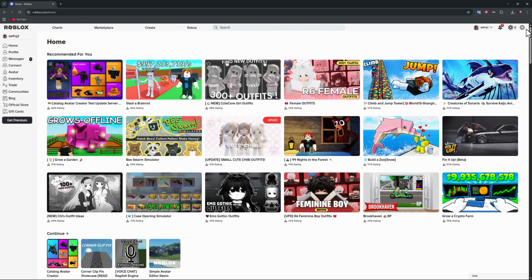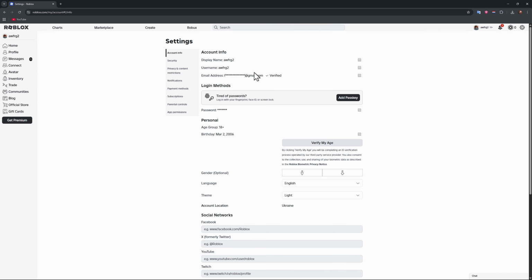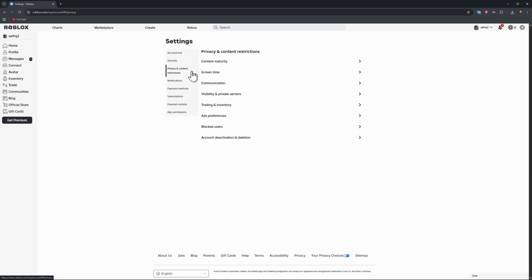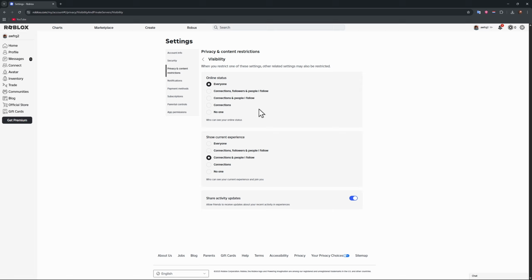So firstly guys, navigate to the upper right corner, press on this button, and go to settings. From here guys, it's very simple. You just need to go to privacy and content restrictions. Now guys, you go to visibility and private service, then you go visibility, and as you can see in here